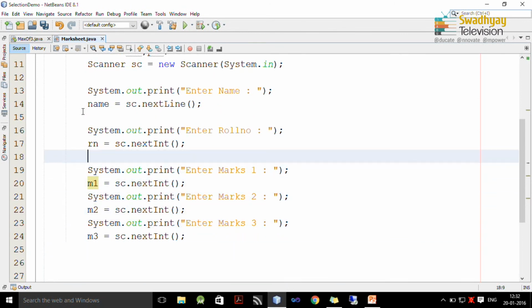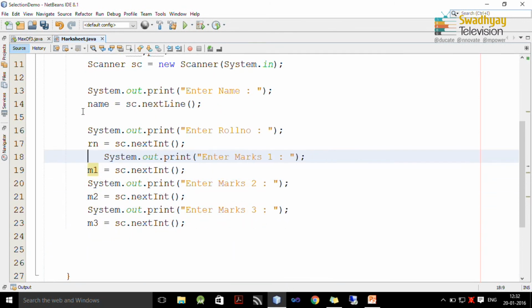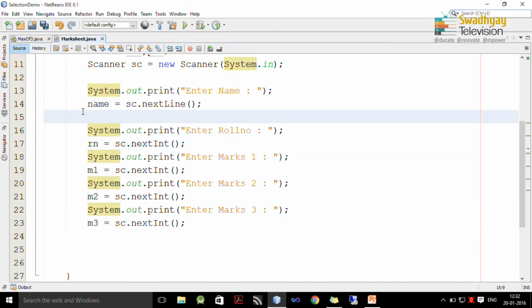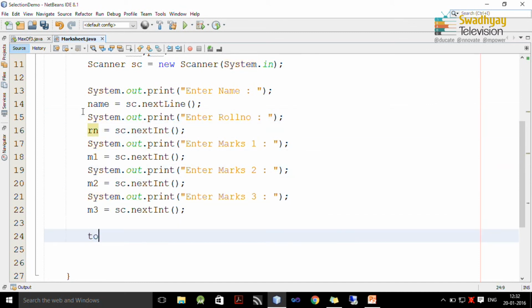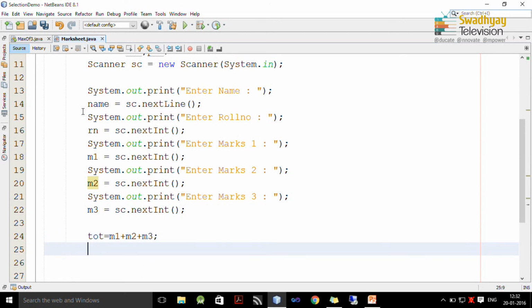Now, what we can do is we can calculate total and percentage. So, after reading all the required data, we are going to calculate total as M1 plus M2 plus M3 and here we assume that marks is from 0 to 100.